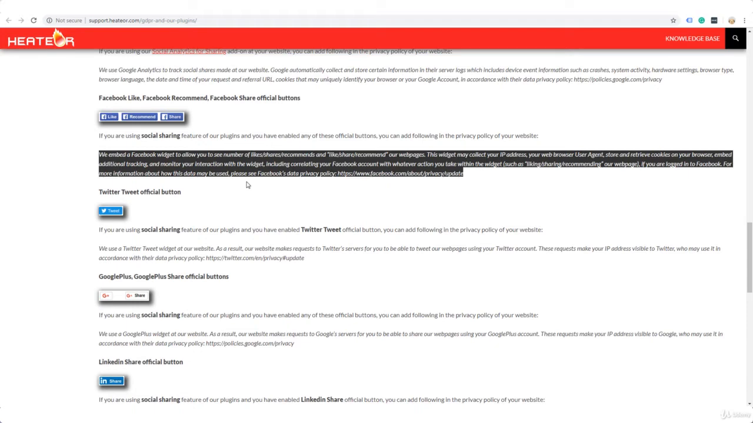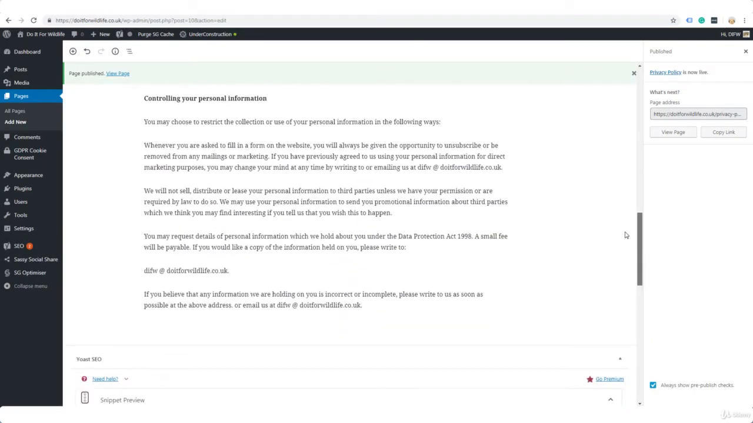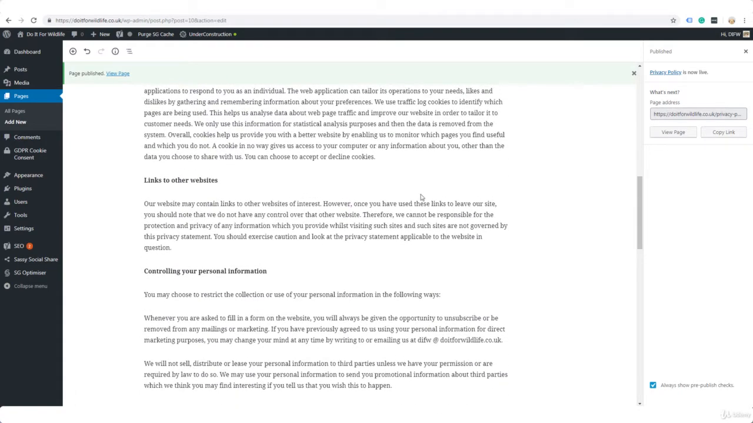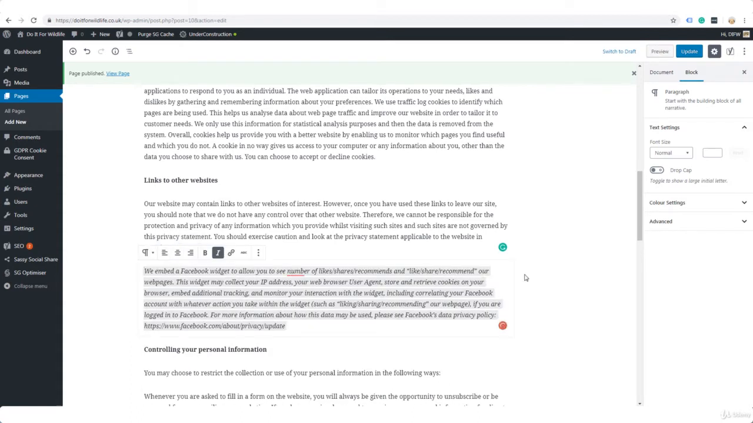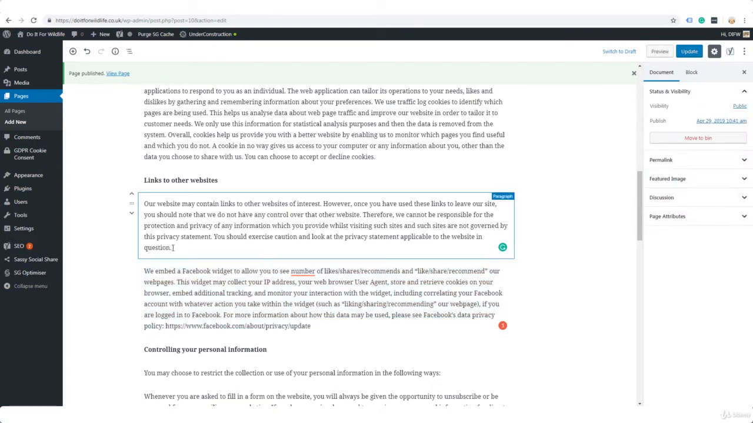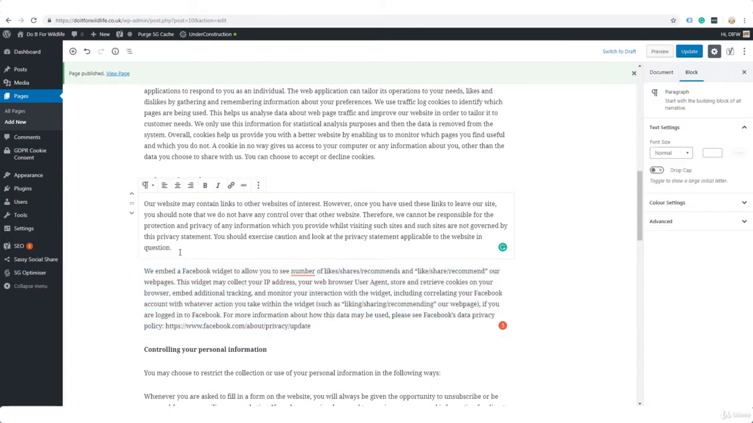I'm going to take this and I'm going to insert this information below this paragraph here, links to other websites, and above controlling your personal information. Don't want it italic, so just like that. And to insert a header above this,